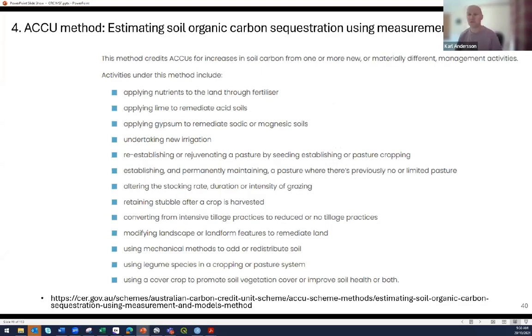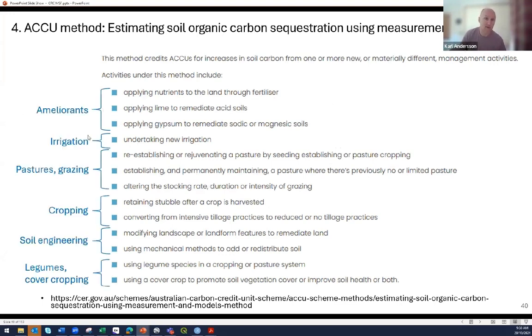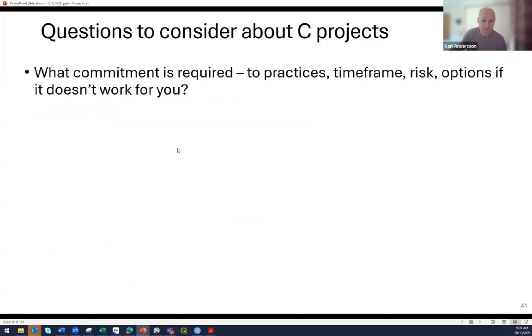Okay, so last one, as I said, Nick, I'll just do this quickly. These are the options available through the ERF for what are considered new practices, not necessarily new, never heard of, but new to your area. They fall into different groups: adding ameliorants, changing your system, modifying, like Amanda can talk about, delving, that sort of stuff. All of these are basically agronomic approaches, dealing with improving growth and minimizing losses.